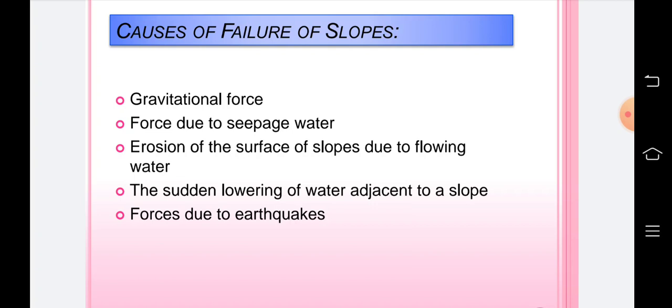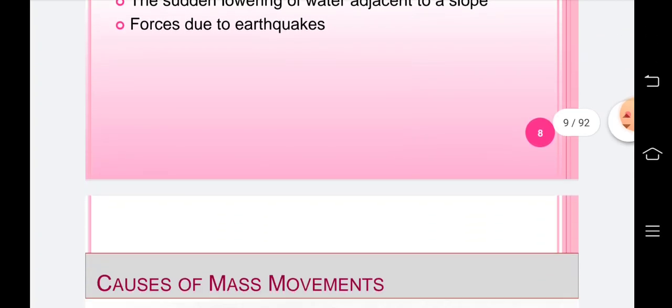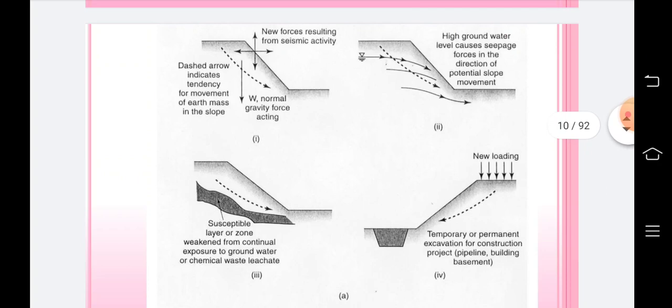Second, forces due to seepage of the water, that is the force exerted by seeping of the water. Then next, the erosion of the surface of the slope due to flowing of the water. Then the sudden lowering of the water adjacent to the slope. Then the forces due to earthquake. Okay, so let us see one by one. So first one is the gravitational force, or we can call it